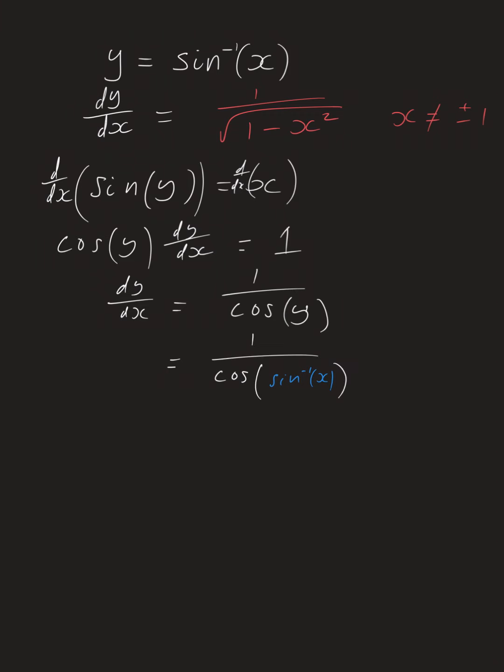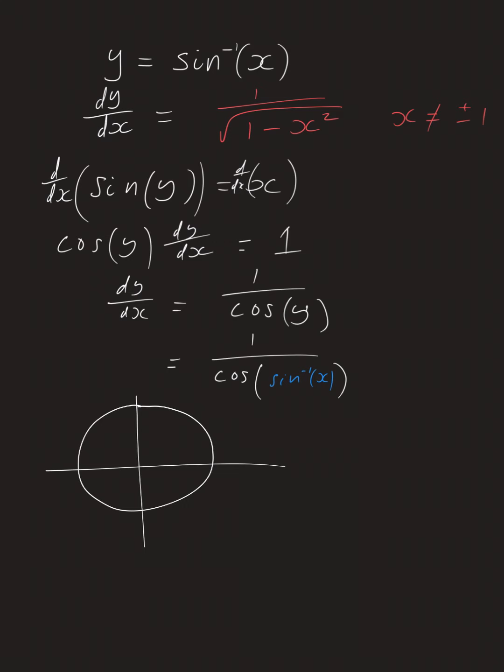So we could leave it like that, but that's a really weird looking thing, and we actually already know from checking the table we should be aiming for this thing here, which is a much neater formula. So how do we get the cosine of the angle whose sine is x, which is what we have here? Look, inverse sine of x is the angle whose sine is x, and then we want the cosine of that angle. So we must do some trigonometry. And what I'll do, as I often do if I need to figure something out with sine and cosine, is